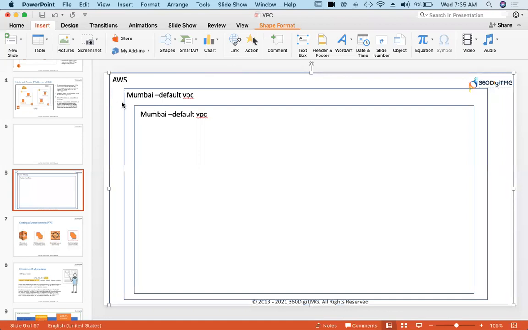There AWS has one VPC in the worldwide network for the Mumbai region, and the Mumbai region has subnets and availability zones. And I don't want to go with the default VPC because there will be default options. I want my own virtual private cloud. So I'll go and create my own virtual private cloud, and also my own subnets, dividing my big network into sub networks.